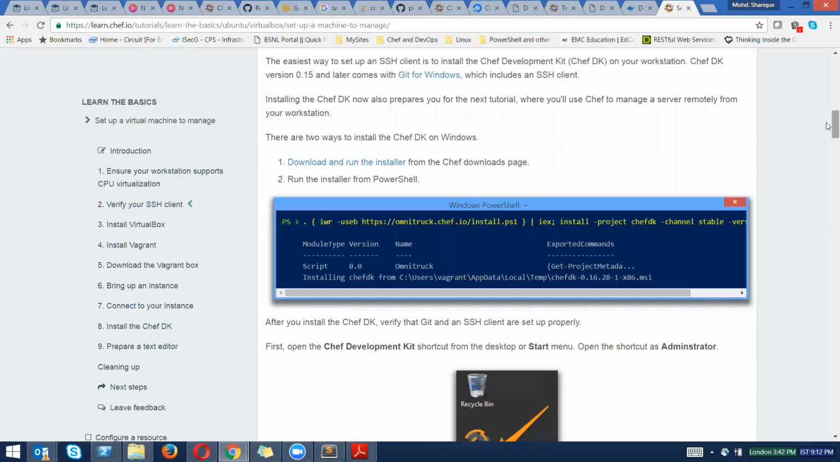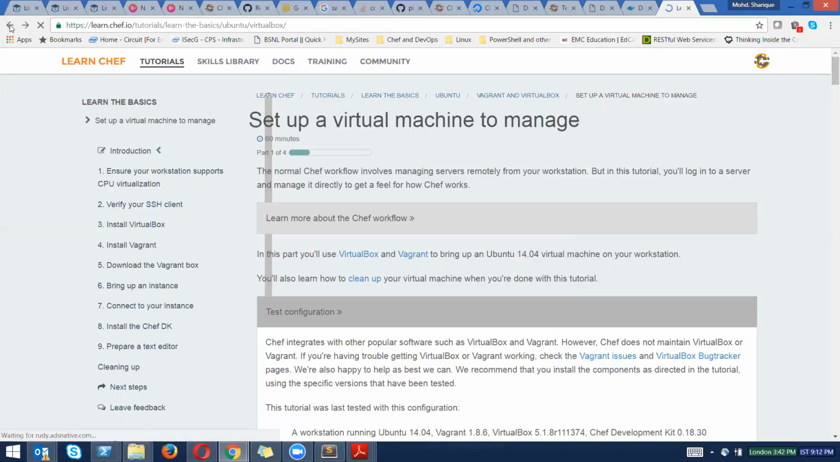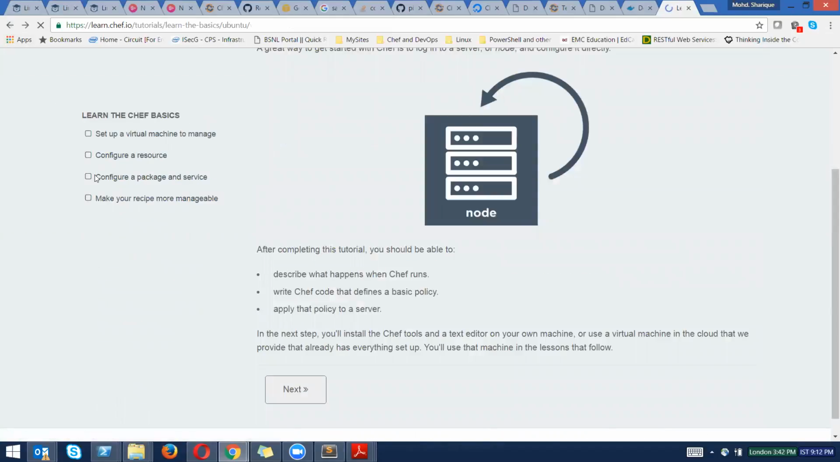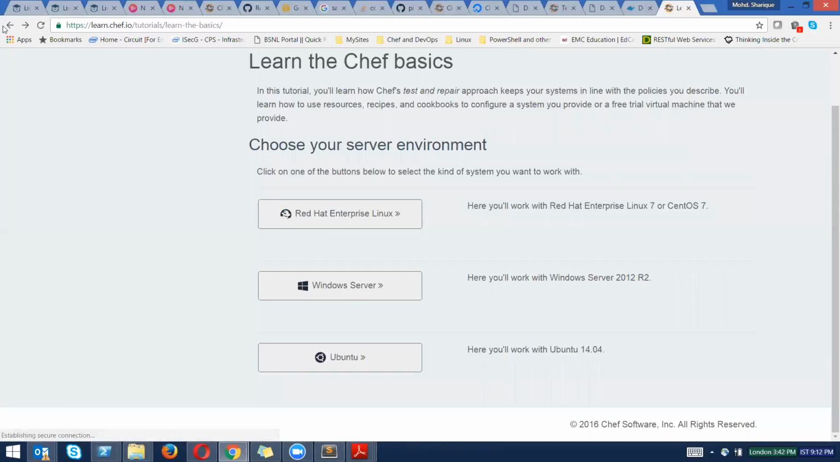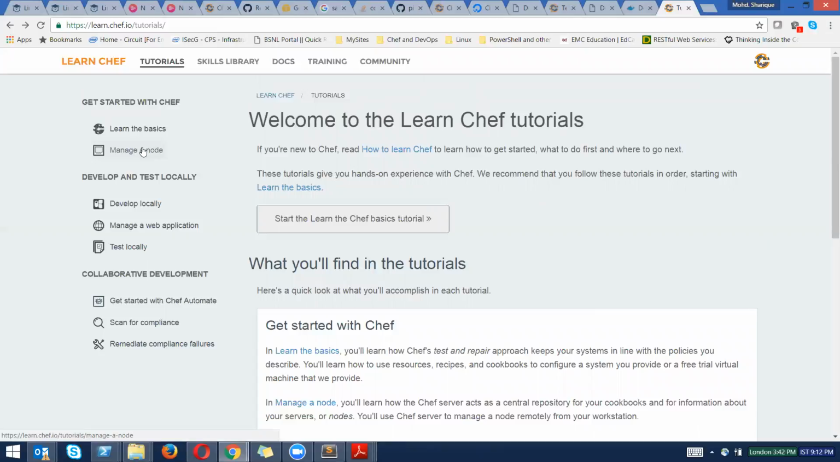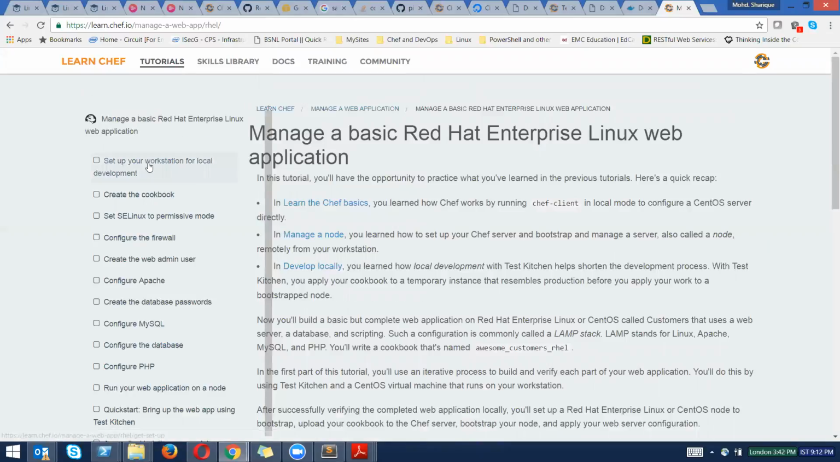You can go through it as a kind of refresher if you want, but we have already covered this one. What we can start with is if you go back once more, and one more. Yeah. So manage a node will tell you how to bootstrap a node and all those things. If we come over here, manage a web application. This will look familiar to you guys, right? If I say, once again, start with Red Hat this time, so we'll talk about all these things, right? So this one you can use, or